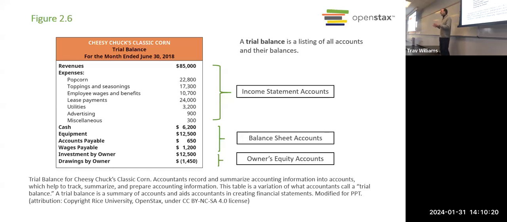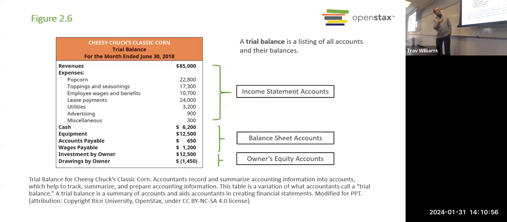As we go through these steps, 3 of the steps are similar. At 3 points in the process of making our financial statements and closing out our books, at 3 different steps, we have something called a trial balance. You might remember James talked about this a little bit as well. A trial balance is simply looking at all of the different accounts that the company has, looking at the balance of every account, and then putting it all on one sheet of paper. And that's what we see here.